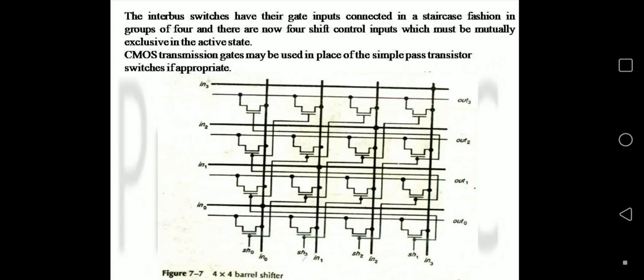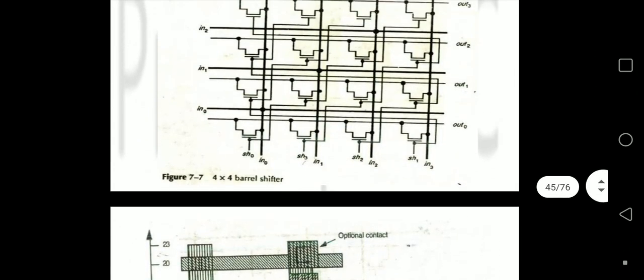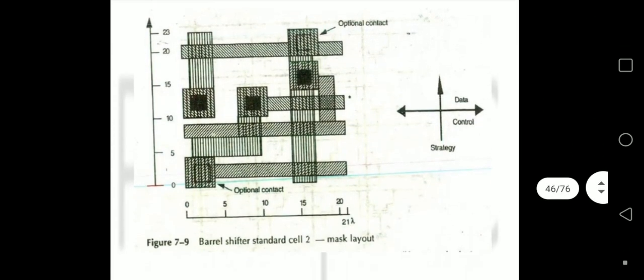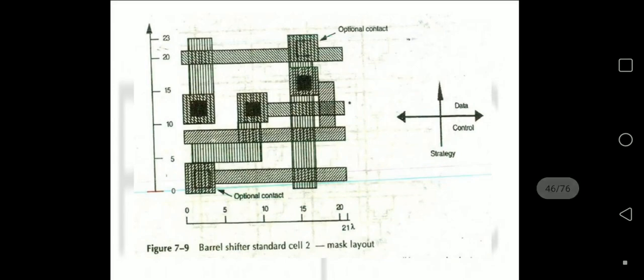Instead of NMOS transistors, we can also use transmission gates. This is the structure and this is the layout of the 4x4